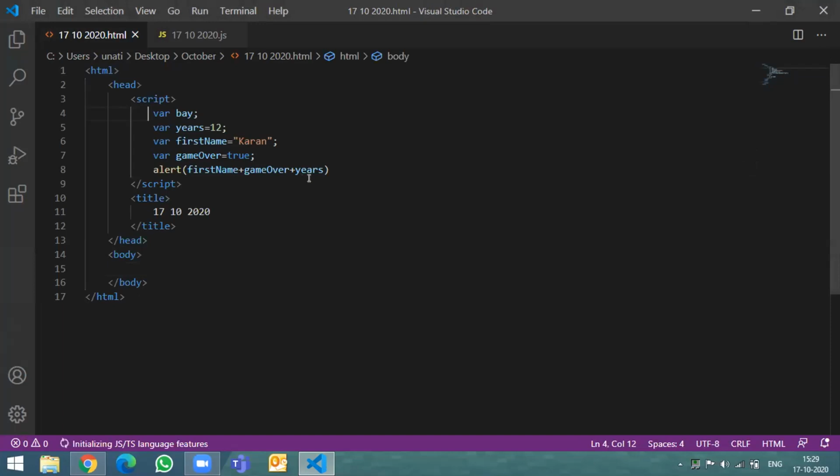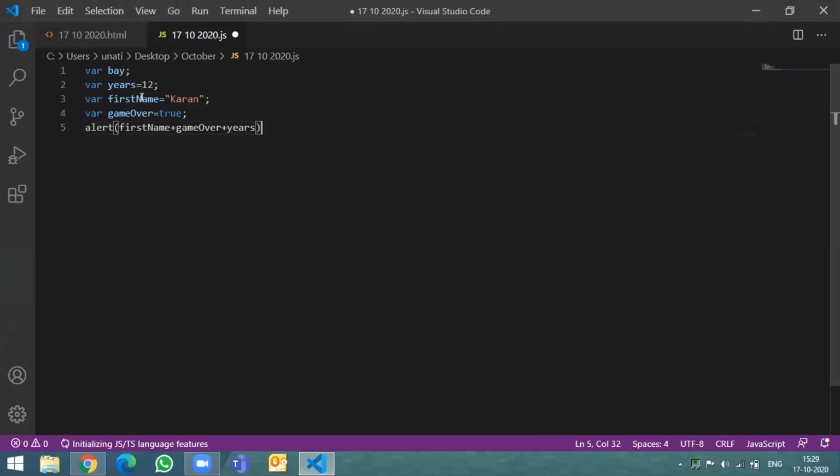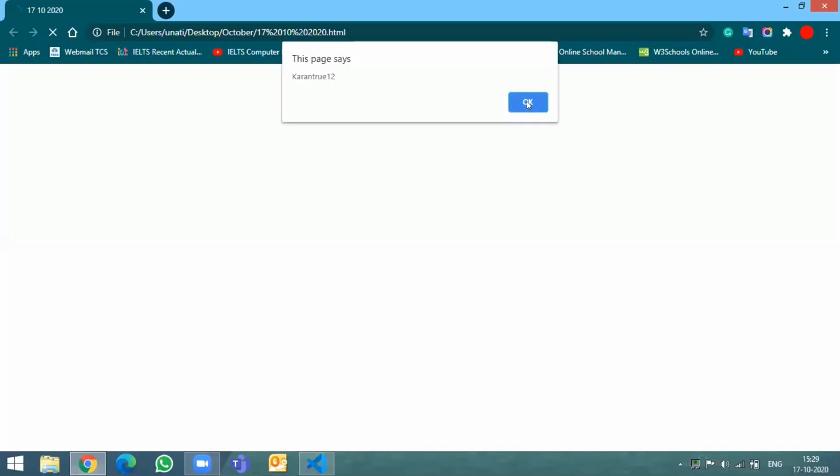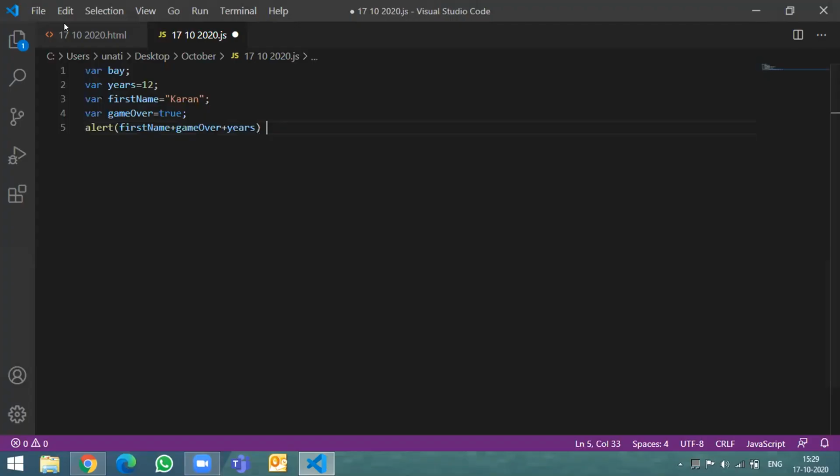Whatever is between the script tag, let's copy paste over here and wait for others also. It will not work like this. Let's first wait for others. What we are doing is, we do not want our JavaScript code to be in the HTML file. It will always be in an external file, the way we did it for CSS. To do that, first we will create a JavaScript file.